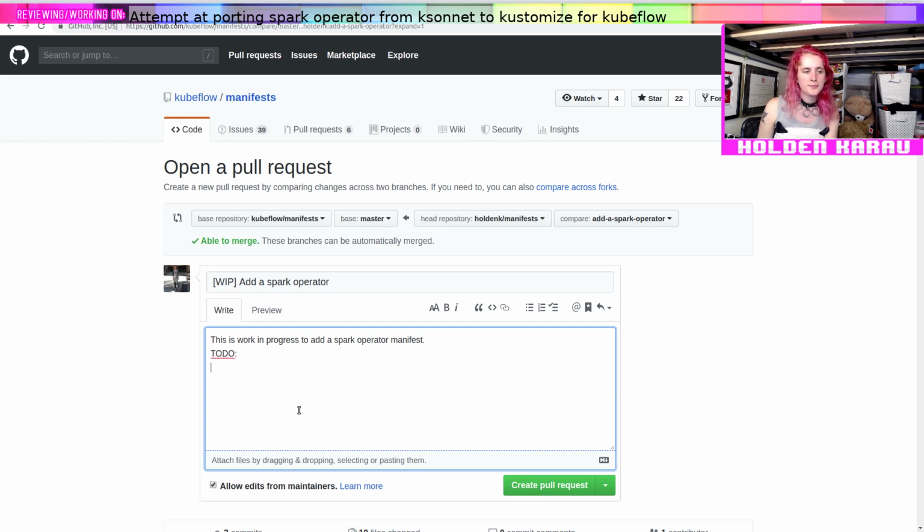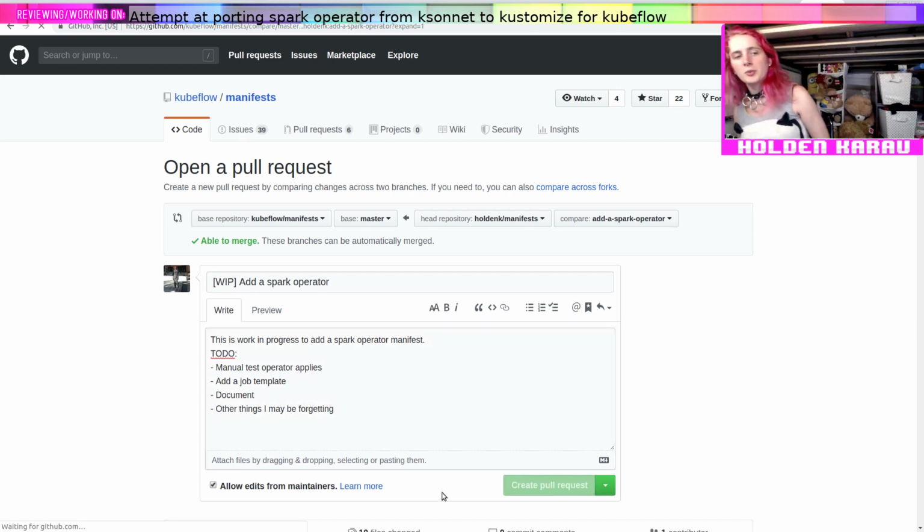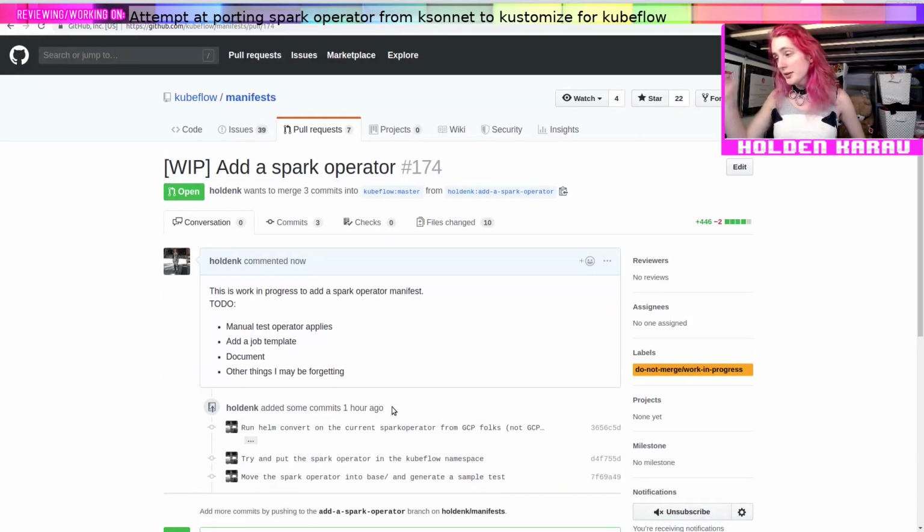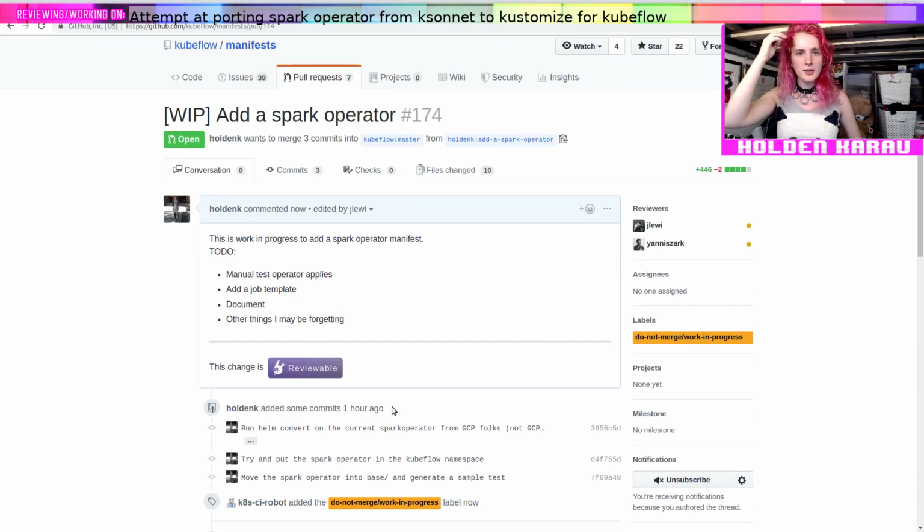To do: figure out manual test, operator applies, add a job template, document, something else. Other things I may be forgetting. And this also just means that if someone else comes along and wants to add a Spark operator, they can totally take this over. Anyways, I think this is a good stopping point for today,